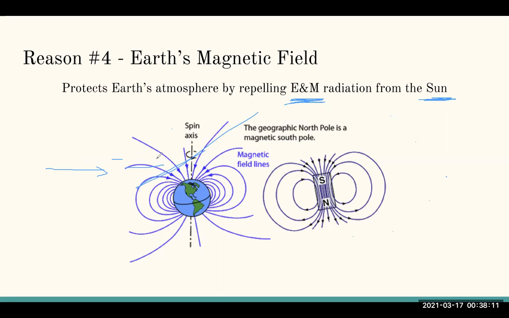When the particles come in like this, they get sucked in to the northern and southern poles, and once they do that, they hit the gas particles in our atmosphere like hydrogen, oxygen, and nitrogen. Once they hit them, they release energy and make the gas particle light up. So nitrogen maybe turns red, oxygen turns green, something like that. The specific physics behind it is not too hard to understand, but just understand that the solar wind is diverted by the magnetic field to go to the poles, and those charged particles hit the gas particles in our atmosphere